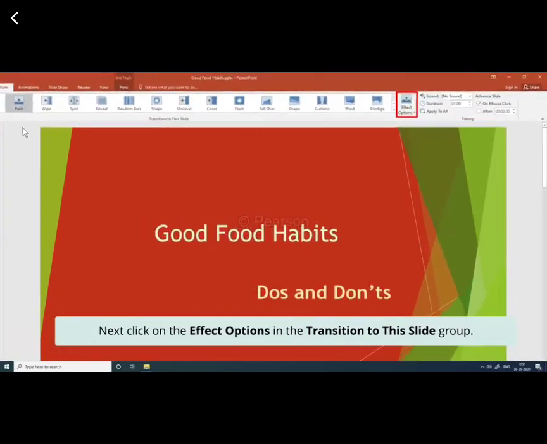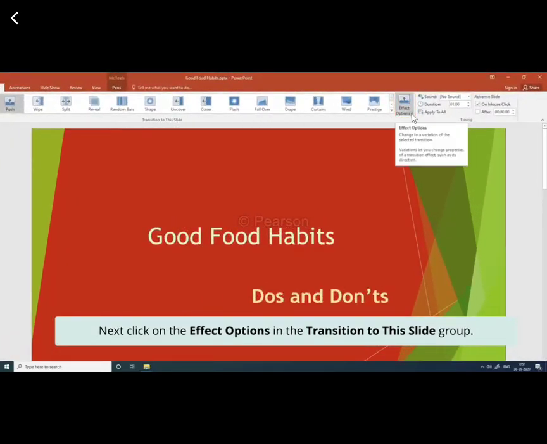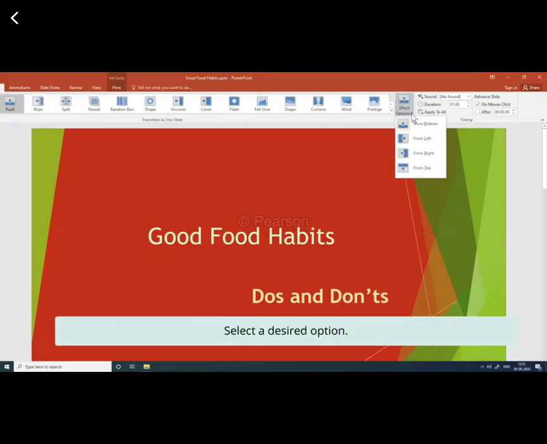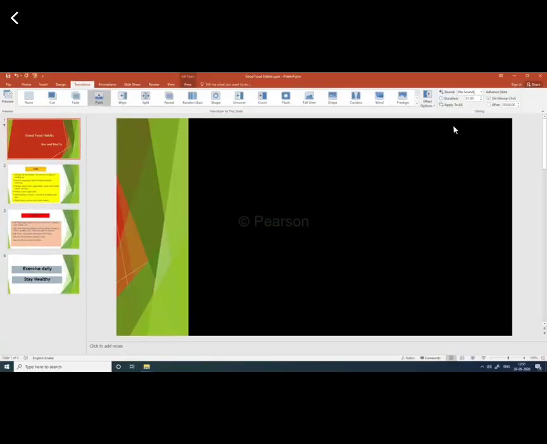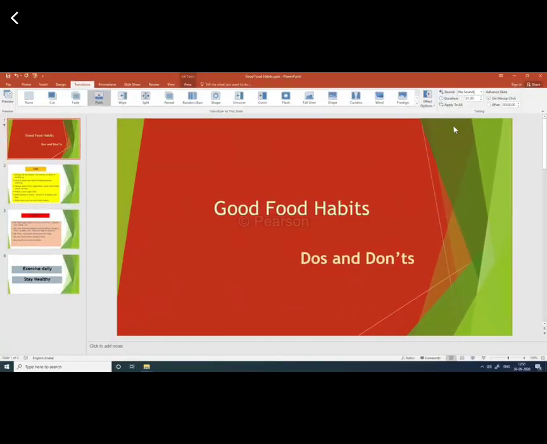Next, click on the Effect Options in the Transition to this slide group. Select a desired option. Say, From Left. Did you notice the effect? Isn't that cool? We can also control the speed of the transition and choose a sound to accompany